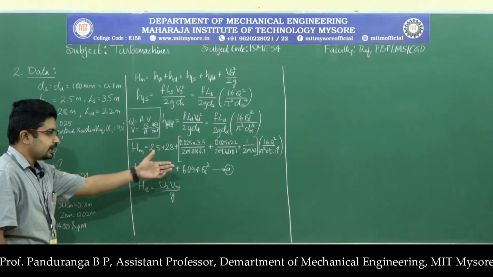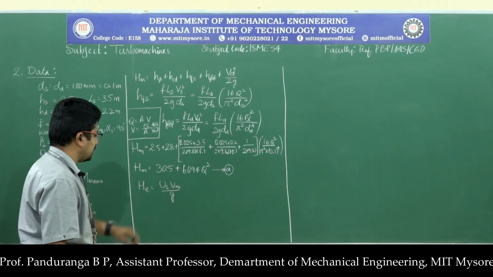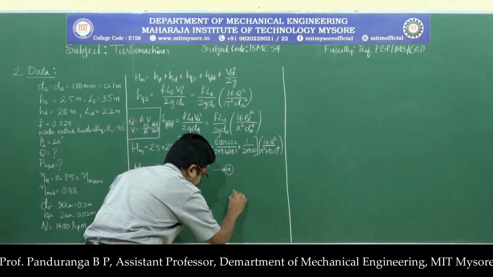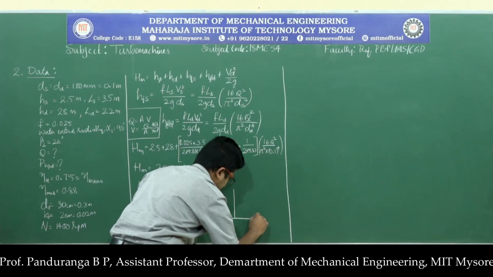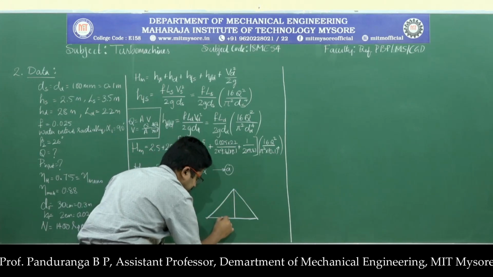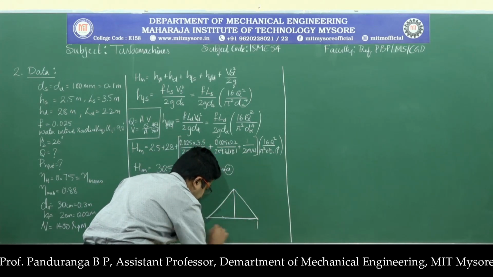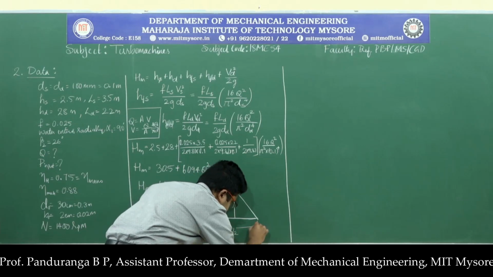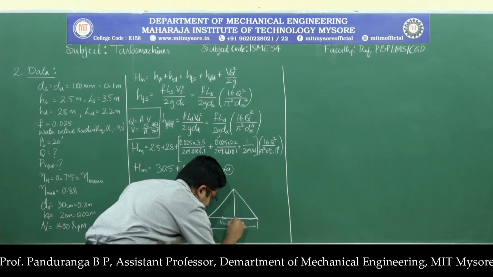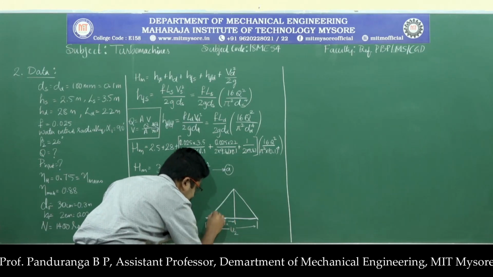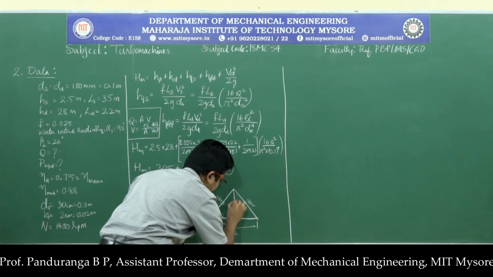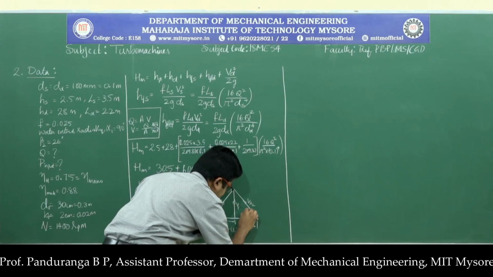So I can easily find out Q. For that, I'll draw the outlet velocity triangle here. So if I draw the outlet velocity triangle, this entire length is U2, this is Vu2, this is V2, and this is Vr2, and this is Vf, and this angle is beta 2,